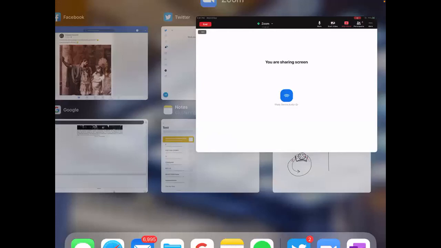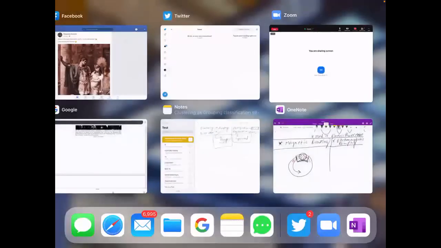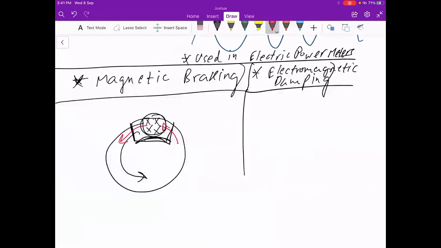So there is a resistance to the motion of the wheel, and then essentially it slows down and stops. If you just apply enough of it, it will stop. You cut off the power and you apply the resistive force of the electromagnetic braking, and the train will stop eventually. Why you don't use physical brakes for this one is because with a fast moving train, you will actually damage the metal parts or whatever materials you use.